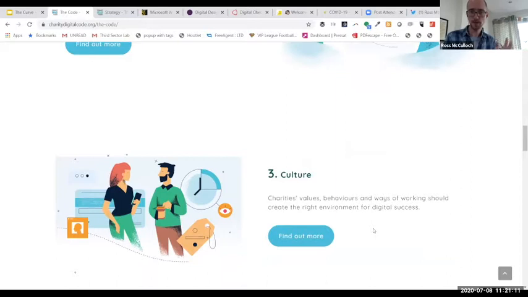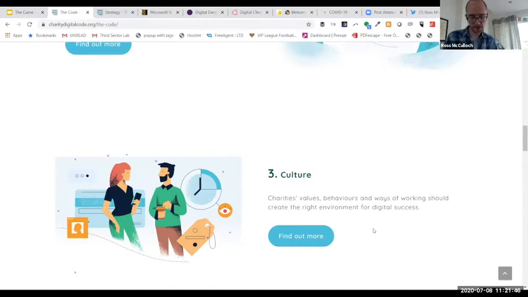So we're going to talk about this in a bit more detail shortly when we dive back into the slides, but making sure that there's the culture in your organization that allows for that exploration, that allows people to try new things, that allows people to share what went wrong, that ensures that digital is not a procurement process. I cannot emphasize this enough. And what we see a lot is that very old school approach to digital where it's seen as a bit of an IT function. It's seen as a thing that you go and purchase. So what we're talking about here is how do you empower people in the organization to get to grips with digital and to try things themselves?